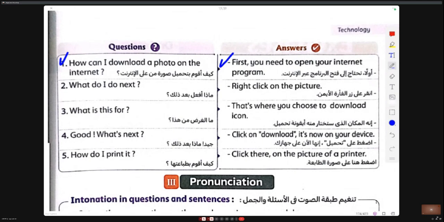That's where you choose the download icon. What's next? Click on download. It's now on your device. How do I print it? Click there on the picture of a printer. Okay.